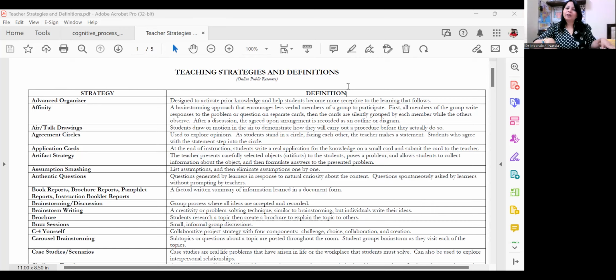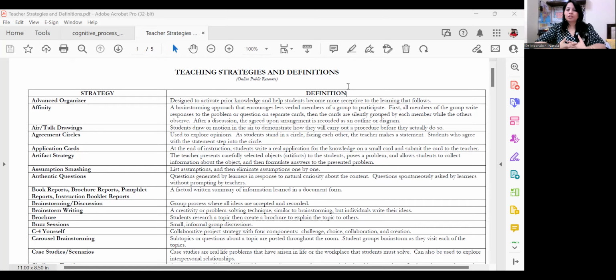Those who agree to the given statement, if the given statement is true, they can step in the circle. Otherwise, they have to stand outside the circle. This is how you will be able to get to know the collective response. So this is also a form of CATS, classroom assessment tools. Next is artifact strategy. The teacher,